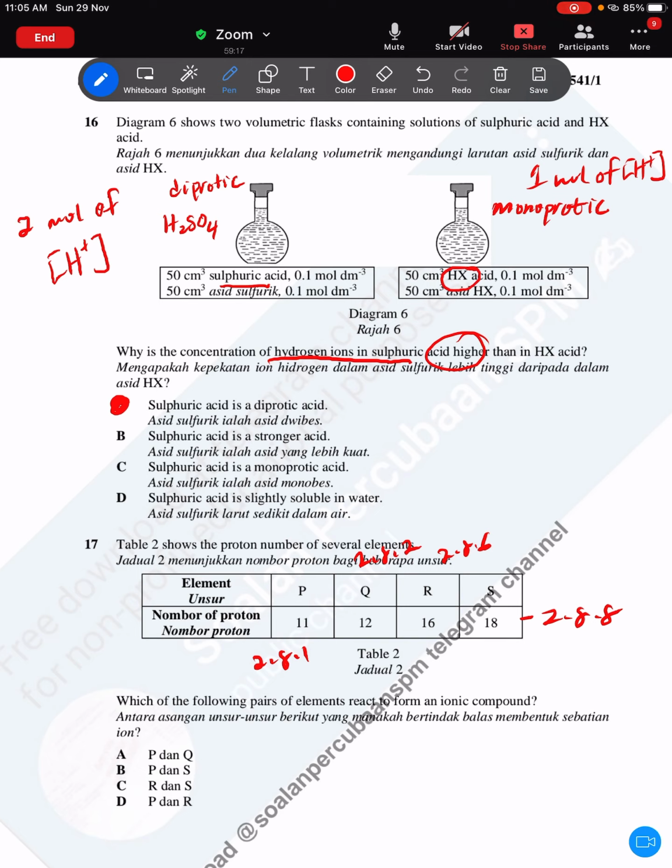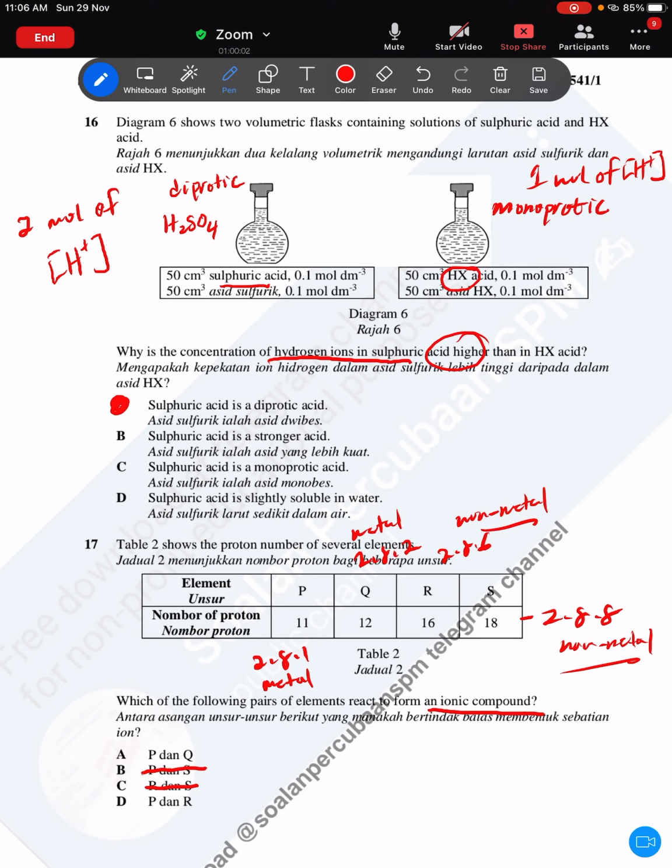I know, this one is a metal. Second is a metal. Of course, the third and the fourth will be non-metals. Which of the following pair of elements react to form an ionic compound? Guys, whenever you have S as your answer, you cut it off because S is octet. When it is octet, it is stable. When it is stable, it will never undergo any chemical reaction. Therefore, B and C are automatically kicked off.